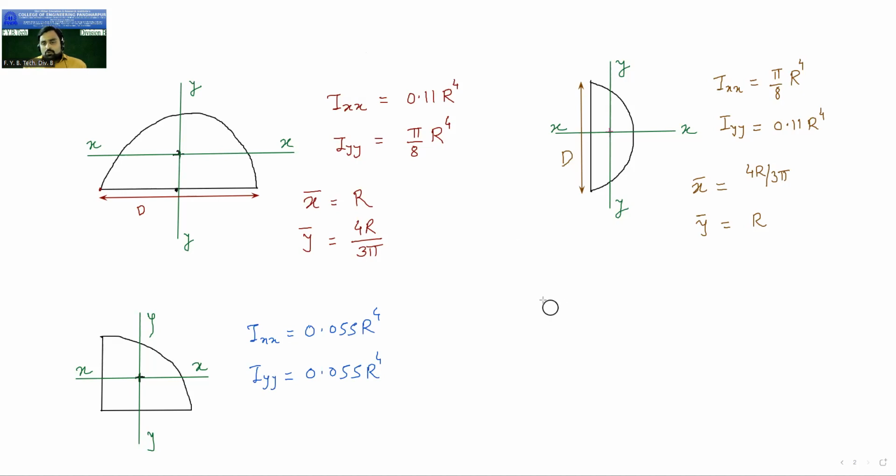And you will see hollow circle also. Suppose this is a circle which is having diameter d. Now if I draw another circle,